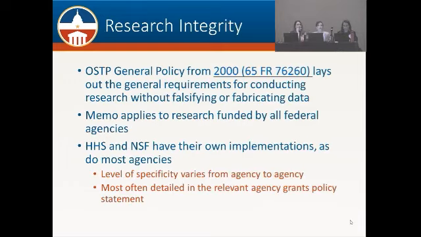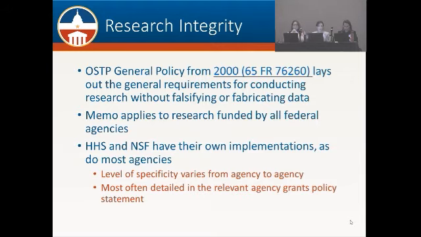So to get started, just to refresh everyone on what we discussed last time around research integrity. Basically, we got a question about why there is not currently research integrity language in the FDP subaward template. So we did a little bit of research on research integrity in the federal context, and most of the policies that are out there stem from this Office of Science and Technology policy, general policy, which lays out the general requirements for conducting research without falsifying or fabricating data, also known as research misconduct.